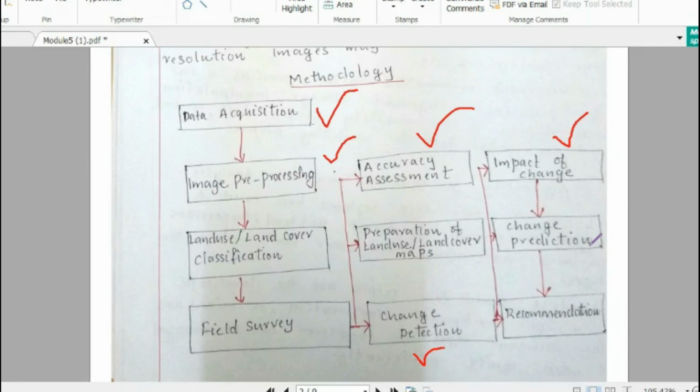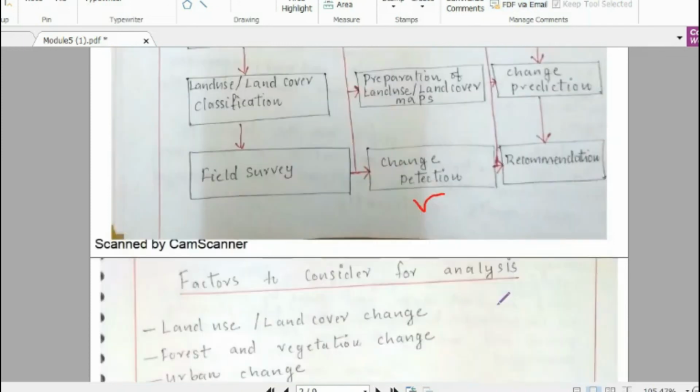By studying the past 20 years of data and doing the land use land cover analysis and change detection, the future changes can be predicted, and mitigation, remedial measures, or suggestions to government officials can be made through the application of GIS and remote sensing in land use and land cover analysis. So this is about the methodology of land use and land cover analysis.